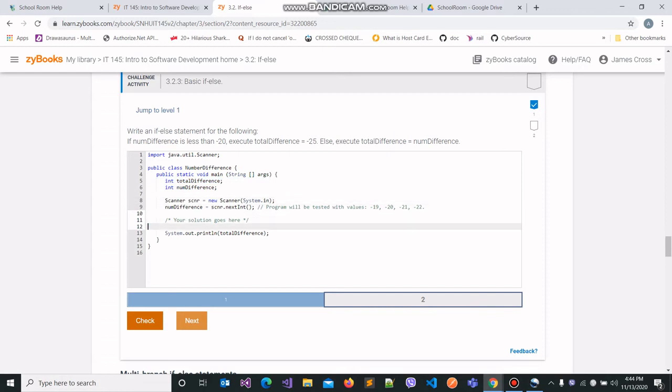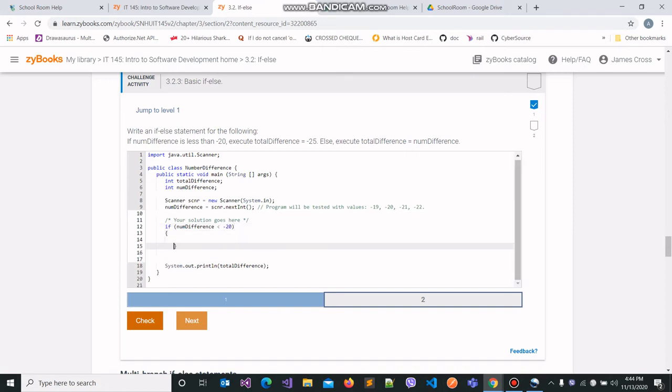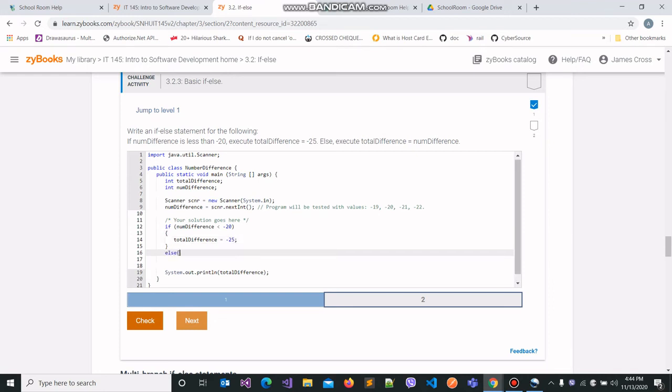So essentially, if you are to write this using if else conditions: if num difference, the input taken by the program from the user, is less than -20, then assign total difference the value -25, else assign total difference the value that the num difference variable holds.